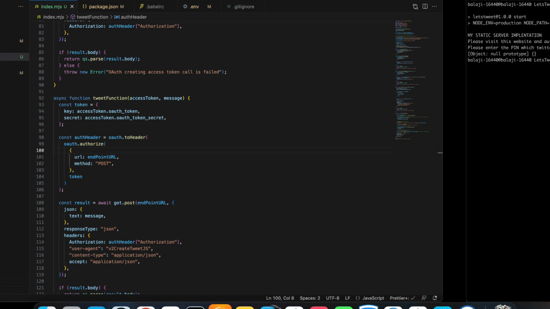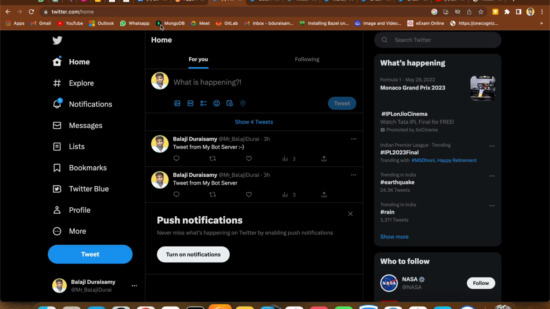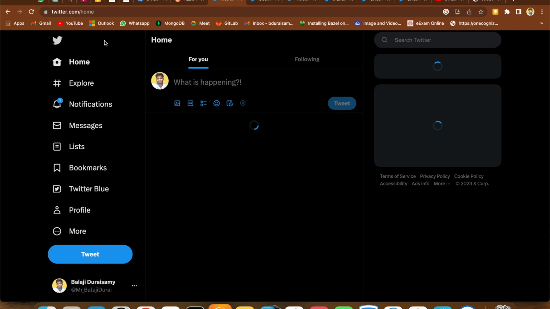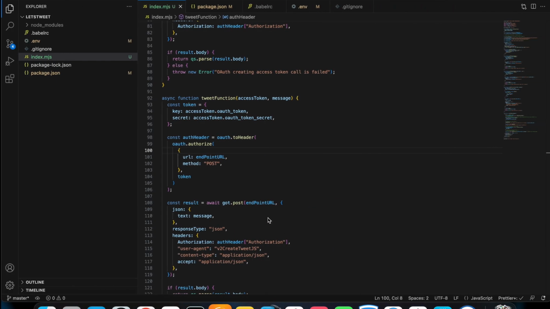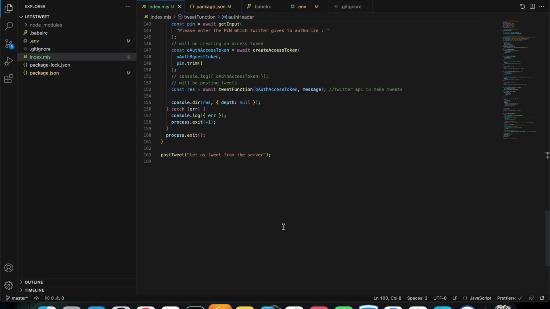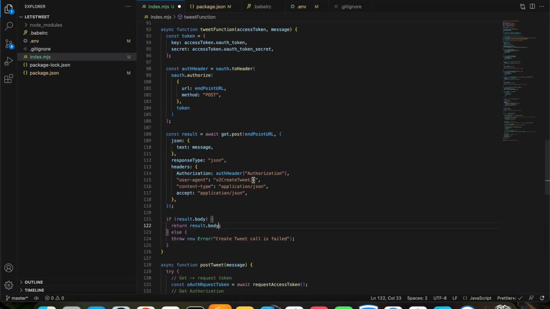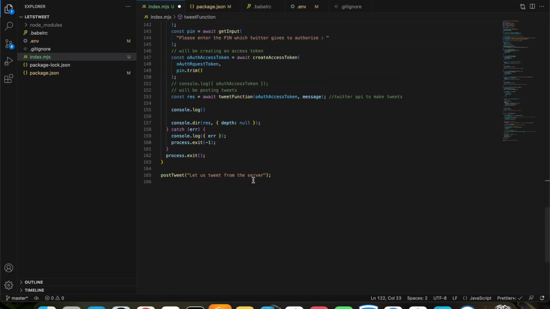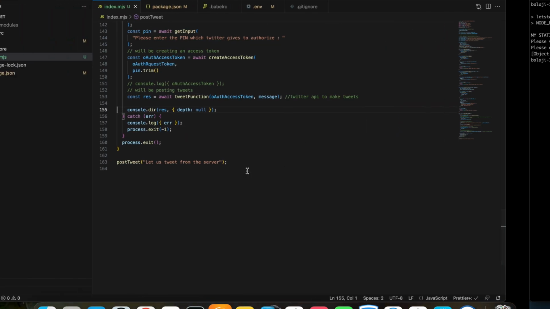Object null or prototype. Actually something has happened. Let's see my Twitter account. Let us state from the server, so it worked. Then why is it not printed as I have expected? That's what I. This is the issue. This should be like the same. Okay. This time